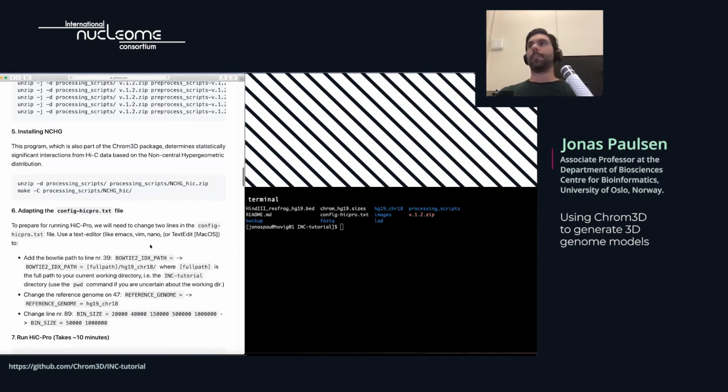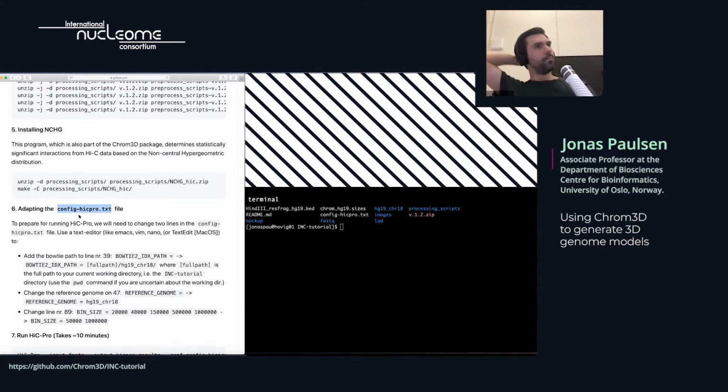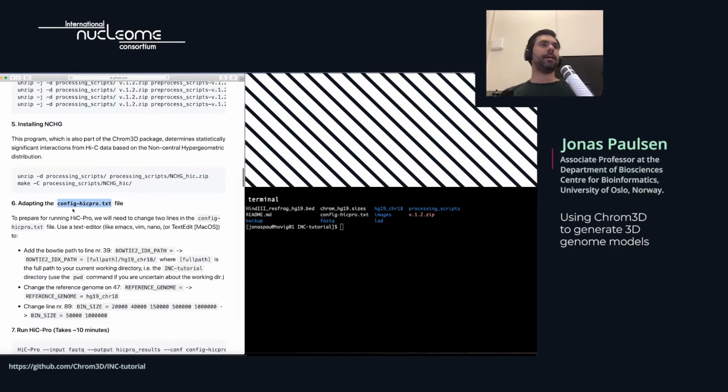Then we will actually go into the configuration file for Hi-C Pro. So what I've also written here in the text is I ask you to use your favorite text editor. For me, it's Emacs. You can use other types of editors in the command line, or if you're on the Mac, you can use TextEdit, for example. But I'll just use Emacs for now to open up and modify this file called config Hi-C Pro,